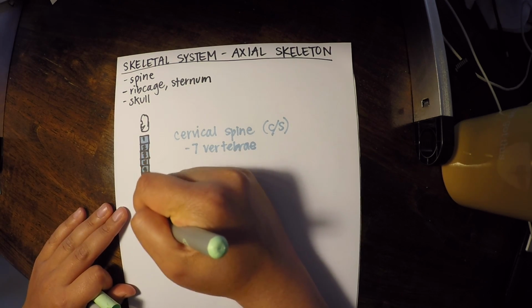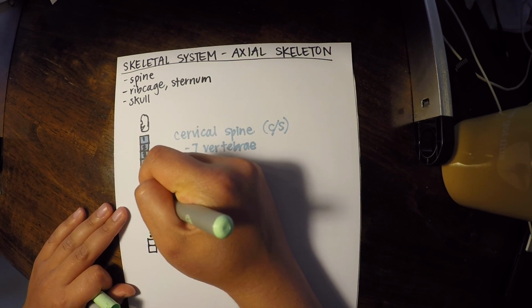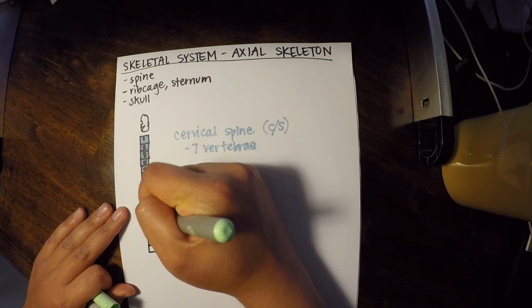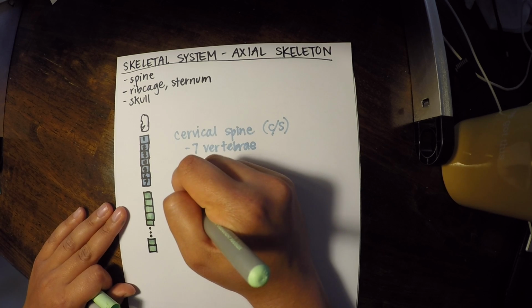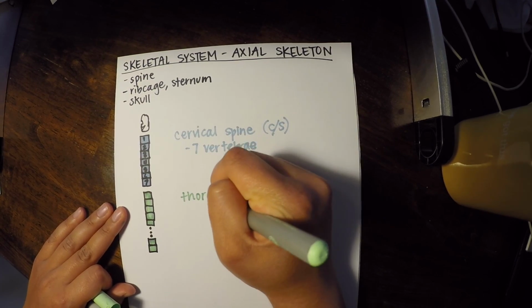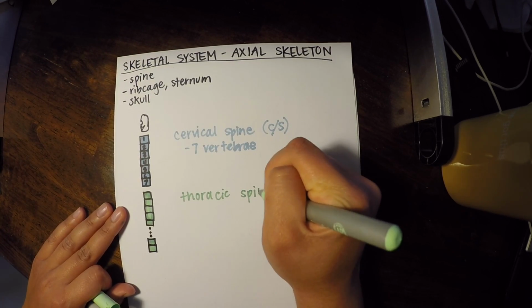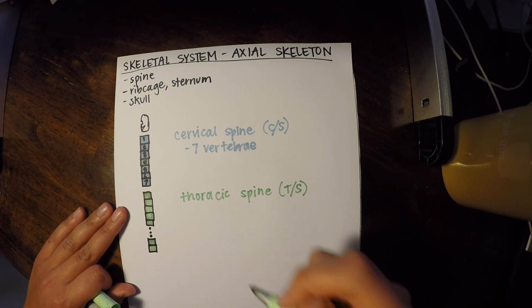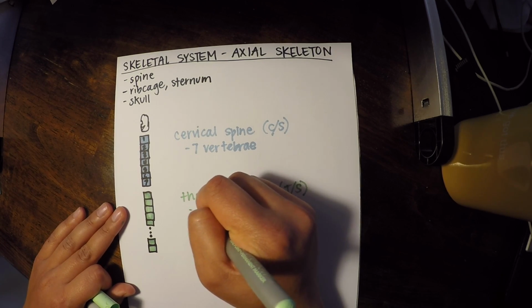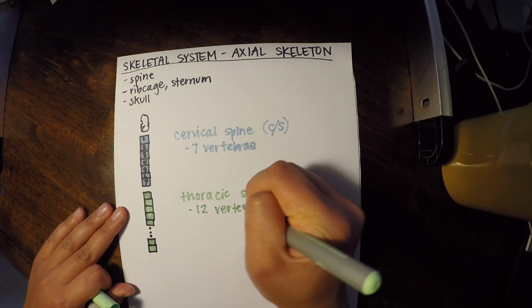And I'm going to color these in, and then I'll number them in a moment. So that's our thoracic spine, also abbreviated as T/S. There are 12 vertebrae,